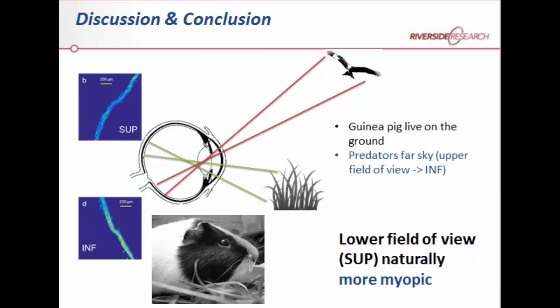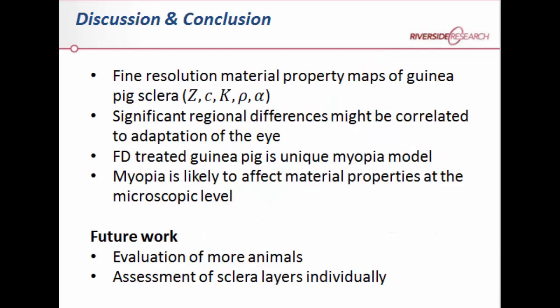So guinea pigs are actually animals that are living on the ground, and the inferior part of the vision is basically responsible for far seeing of predators, and the upper view of the eye is more responsible for seeing objects that are closer. So it is actually natural that the superior part of the eye is more myopic than the inferior part. So to conclude, in this study we derived acoustic property maps of the guinea pig, and we